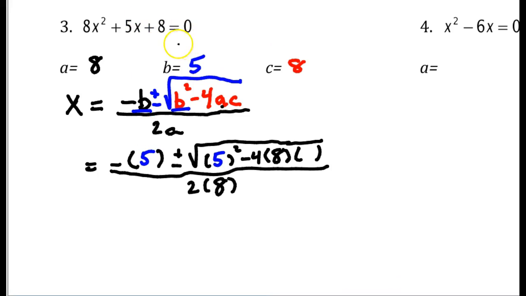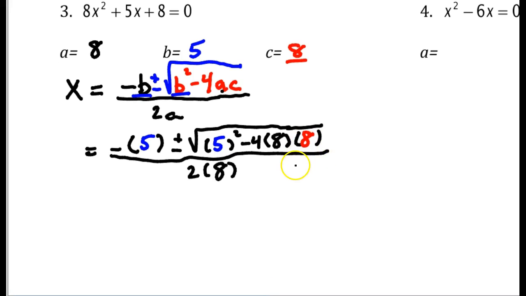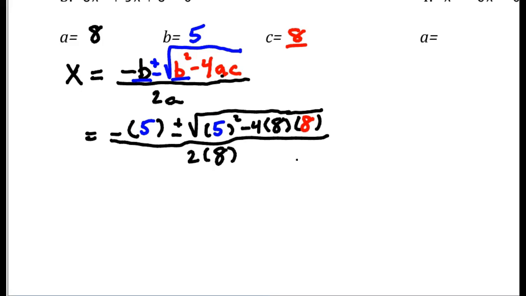And the last number is C. The last place in the formula is C. So it's 8 as well. After this, it's 100% order of operations from a long time ago. We just have to be careful on our signs and things like that. So we got negative 5